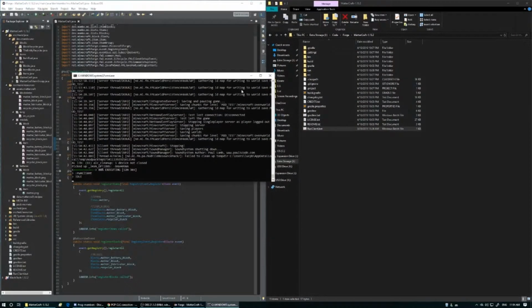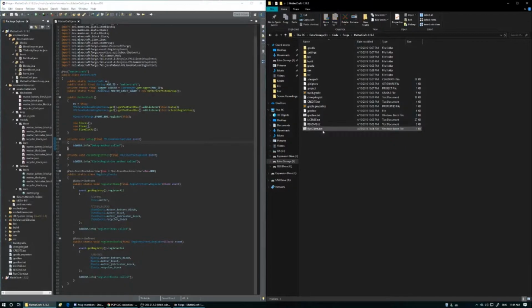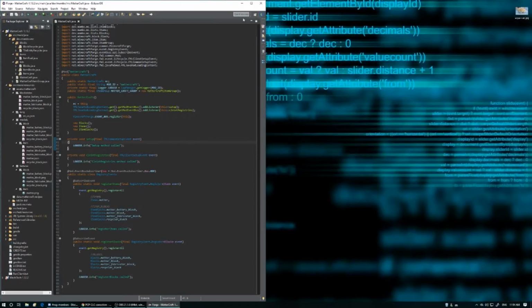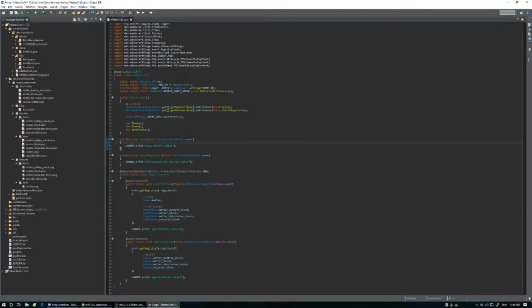Let's quit the game. Now, you may notice that it uses this console and this run client. I could have possibly run it in there, but I think that it just works better by running this. Anyway, let's get rid of this because we don't need it. It's just the project panel. Full screen, this is the code. So the code here is